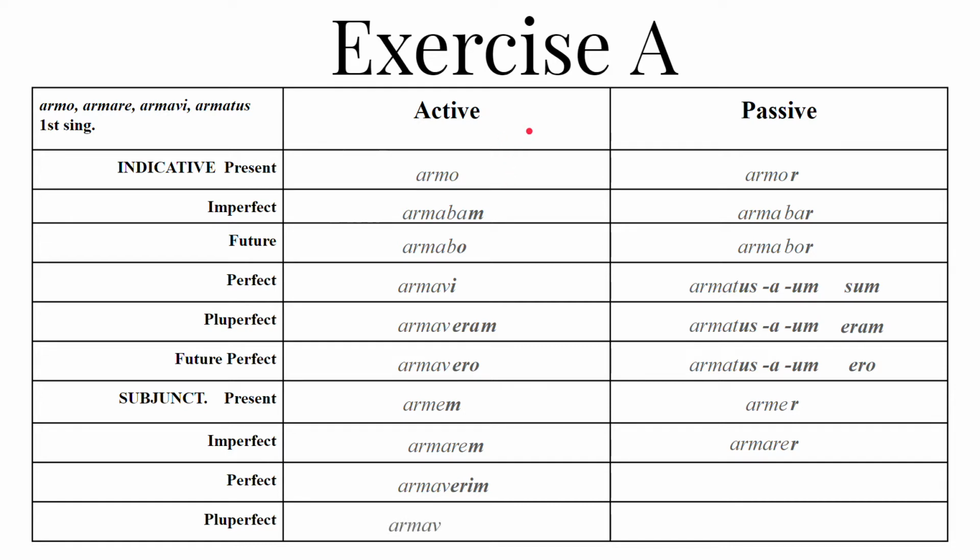Then for the pluperfect active subjunctive, we want the verb's perfect active infinitive. You go to the verb's perfect stem, third principal part, chop off the I, add isse to get armavisse, and then to make it a finite verb, give it an ending, which we want M, S, T, mus, tis, nt, because we're in the active voice. Armavissem.